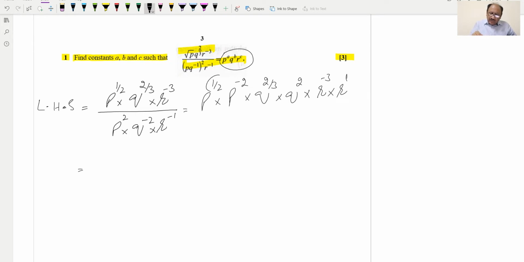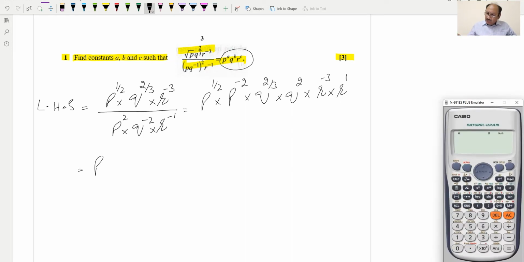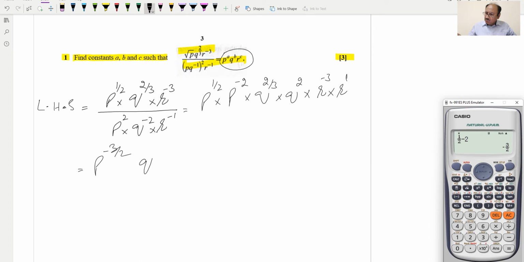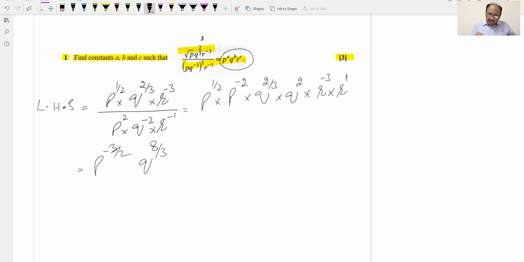Now we can add the powers, so it will be p raised to the power 1/2 minus 2. So 1/2 and minus 2 will be equal to minus 3/2. So we can write this as p raised to the power minus 3/2, and q raised to the power 2/3 plus 2, which results in 8/3, and similarly r raised to the power minus 3 plus 1, which is minus 2,